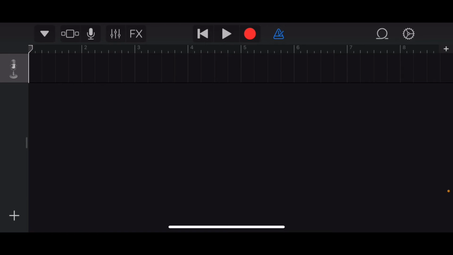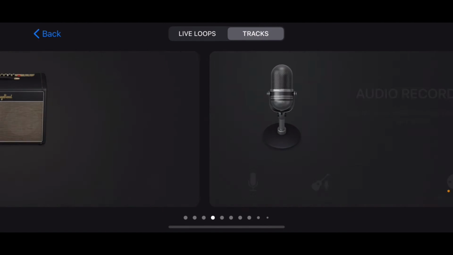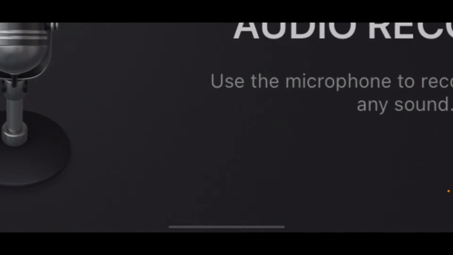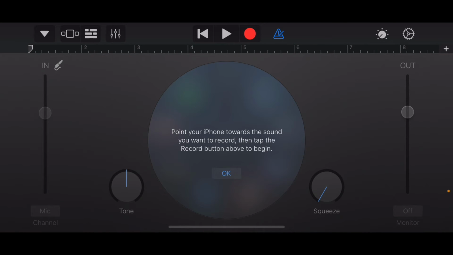All right, so we need to open the GarageBand app. For the people who are opening this app for the first time, they might see this kind of UI. You need to select Audio Recorder, then click on the third icon from the upper left side.